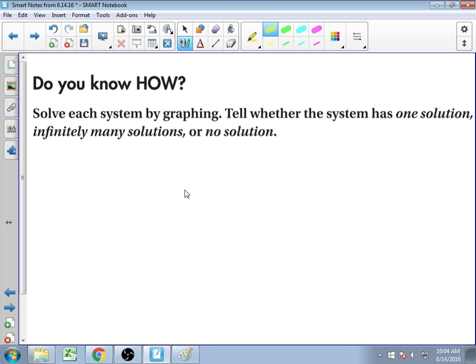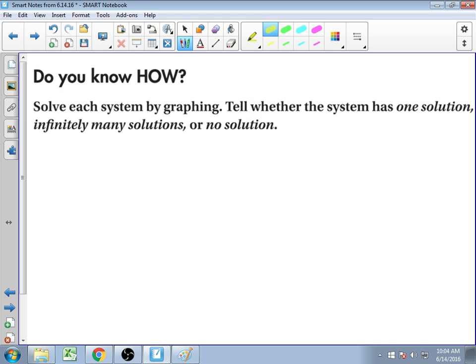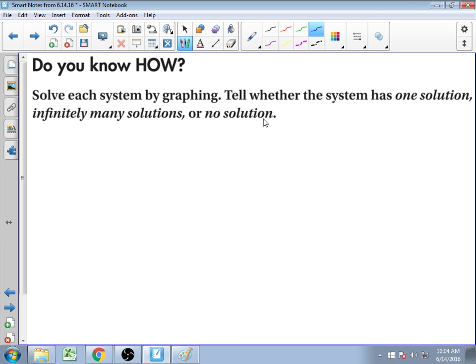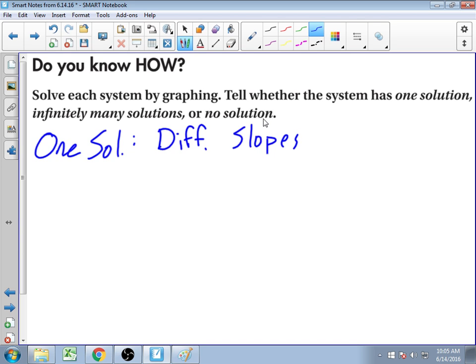So, if I want there to be one solution, what shows me that it has one solution? It has a different slope. So, different slopes. It'll have none if